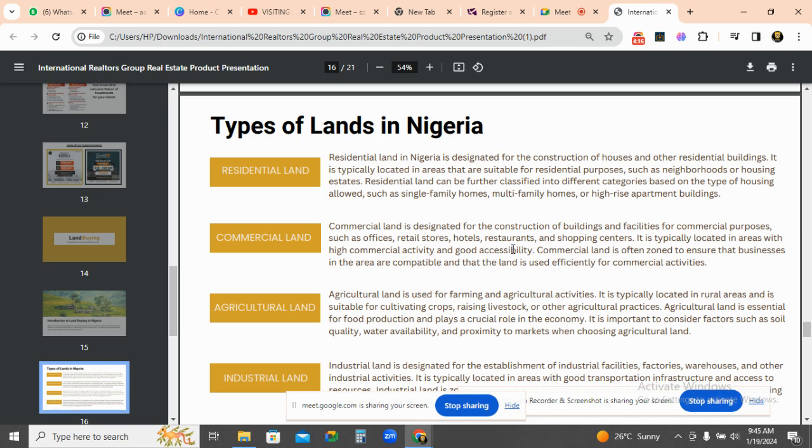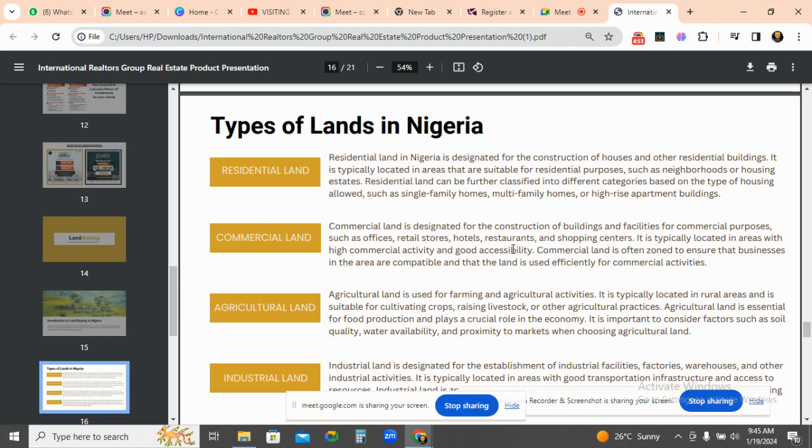Then the second type of land is commercial land. So what is commercial land? Commercial land is land that has been designated by the government. Now I'm using the word government because it is the government that owns all the land. Nobody actually owns any land. In Nigeria, it is the government that owns every land. What the government does is to set aside a portion for people or for communities or for villages and say, okay, we are giving you this land, you can sell it, you can build on it, you can do whatever you like with it.